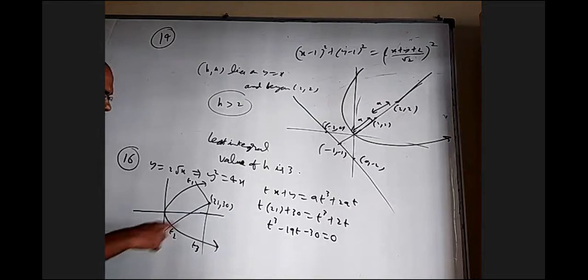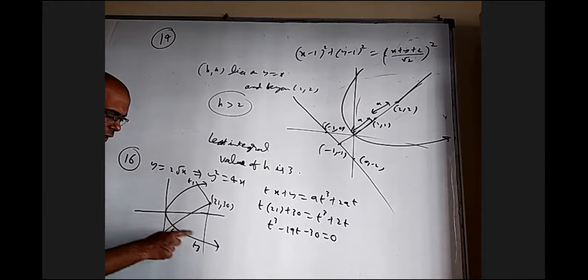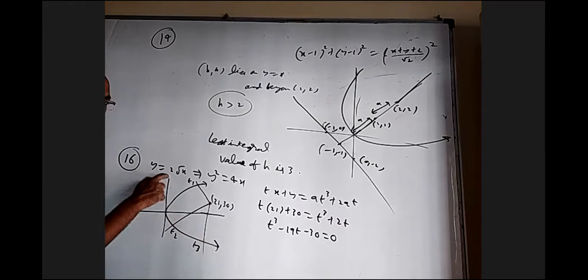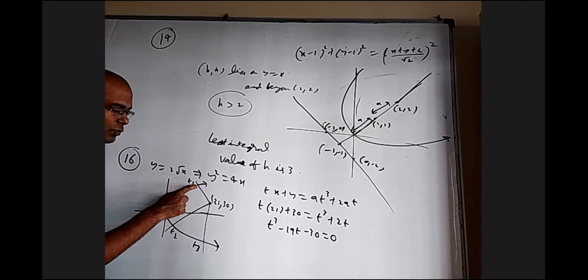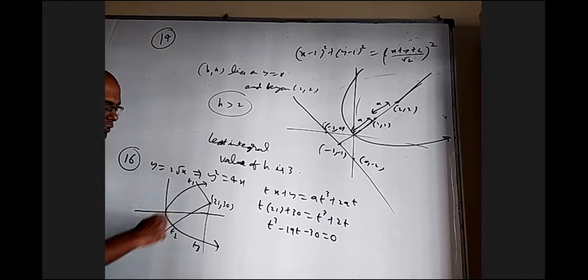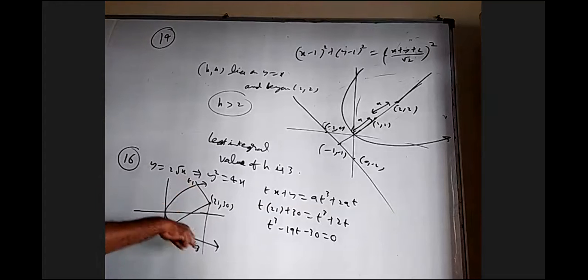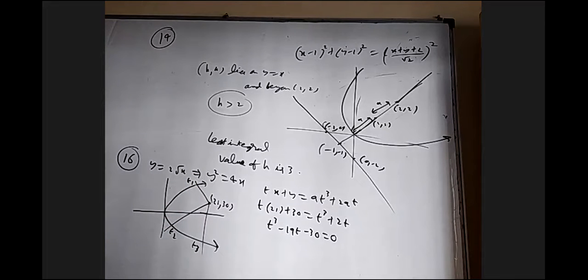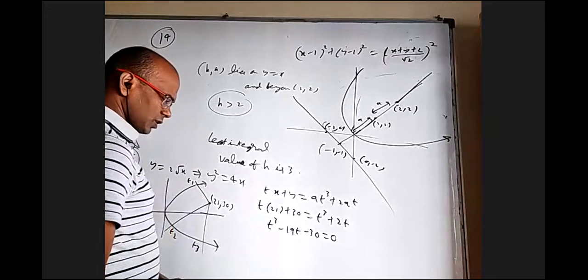Why? Of the three normals that are passing, two are intersecting the lower part, and that is not there here. That is y equal to minus 2 root x. If you take only the upper part, there is only one point where the normal can pass through. So you have to note that this is not the full parabola, only the upper piece. Otherwise, three answers will come. You have to think which one. Now, what is the root for this?